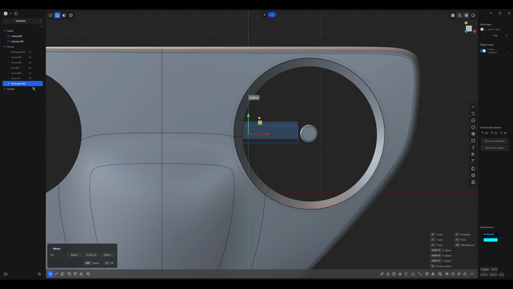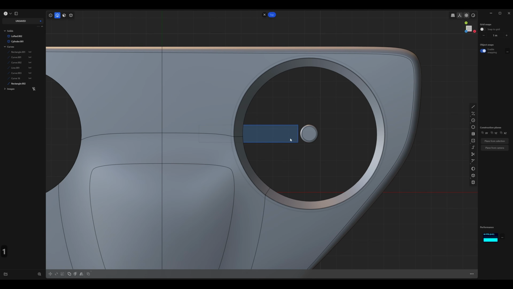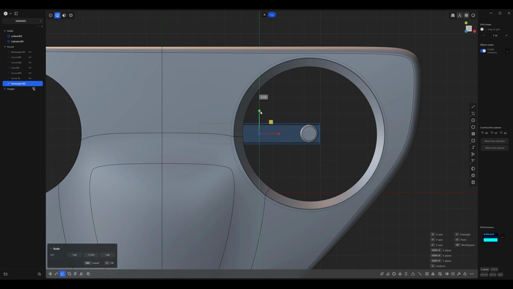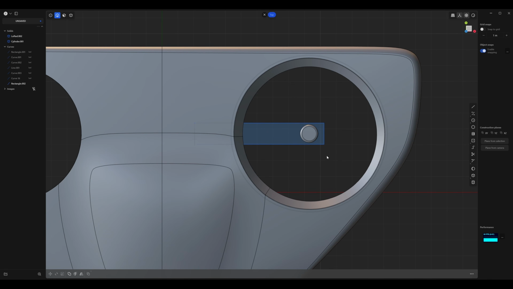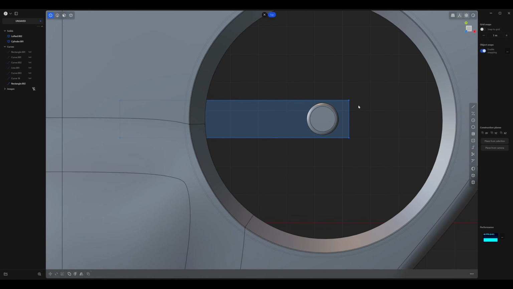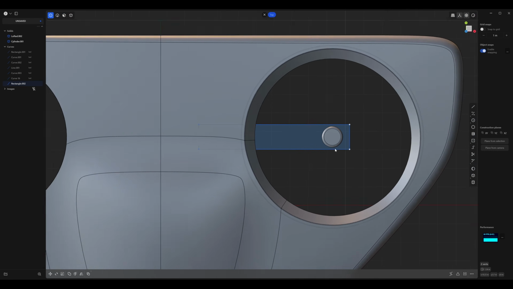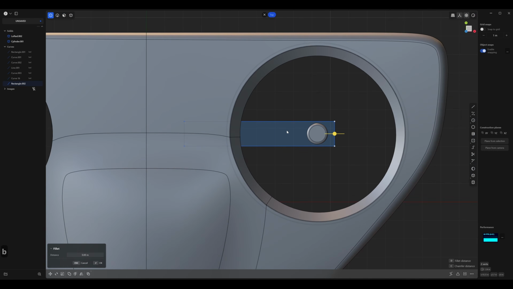And hold Control as you're moving it on the y-axis and then hover over the center of the circle. Next, let's press 1 and let's just move it outwards here. And press 2 to go back to edge mode and S so we can scale it out. Great. So right now we're just blocking out this size here. You could also do this with a box, but I'd rather do it with a rectangle. Press B and then D, and this will let you fillet those points. Make sure they're pretty round and right click.